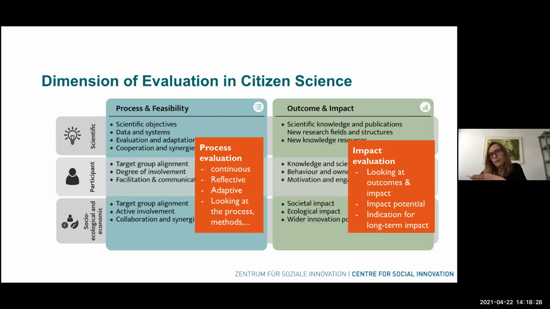And for the impact part, it's really more looking at the outcomes and the impact. And often it is also not so easy in our projects. They're often financed for 2-3 years, and sometimes the impact comes much later. So we're also trying to think about indications or possible logical chains that would say, yes, that's an indication that this and that will happen, at least in the future, because maybe the time frame is too short to achieve it during the project runtime.